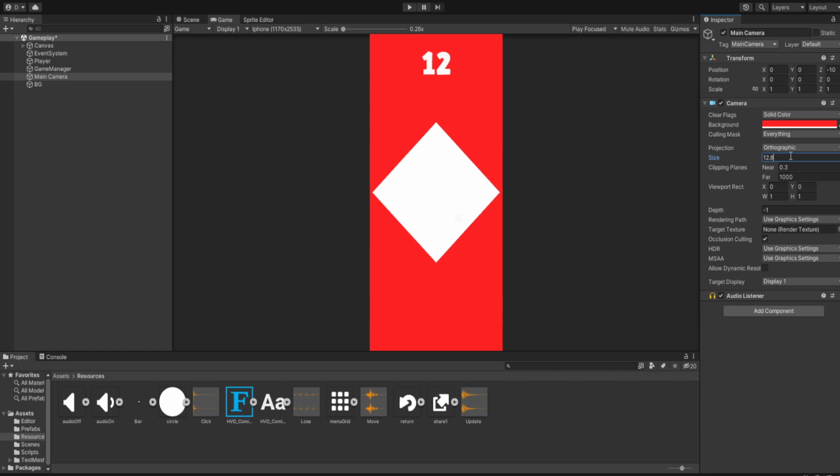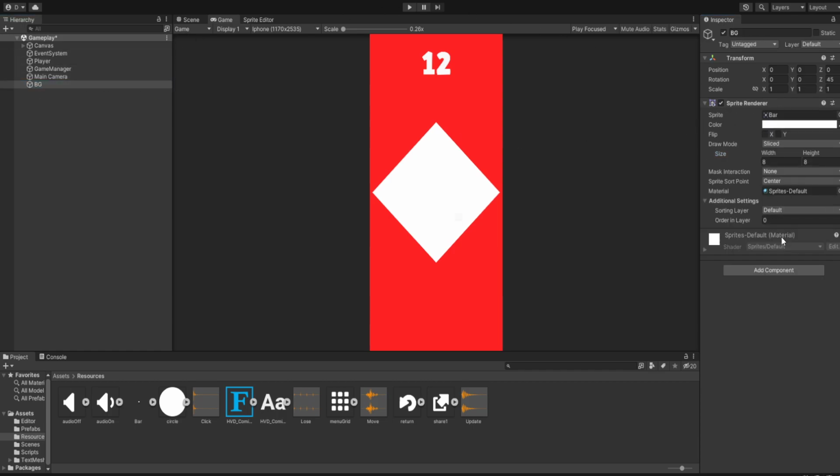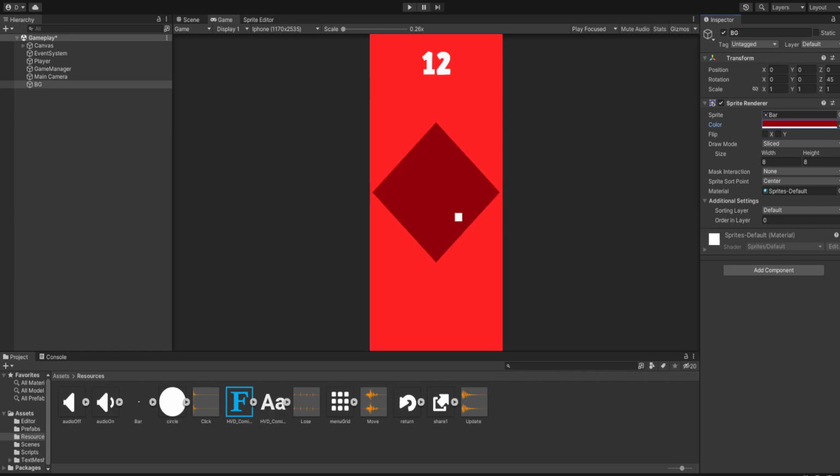12.8, yeah, 12.8 is fine. So this is our background. Its color we are going to set to a darker gray, and order in layer it's going to be set to the lowest one, which is -5. Now I will duplicate this background, parent it to the BG, rename it as the center,